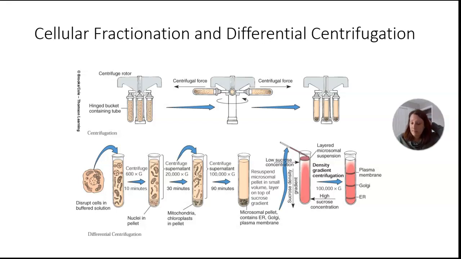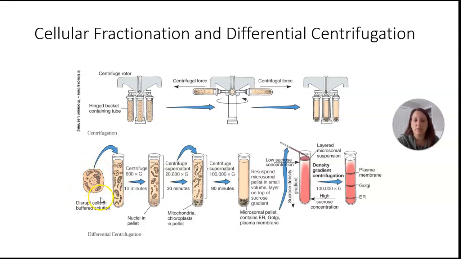We've developed a protocol that's pretty easy to do that. First, you do what's called cellular fractionation, which is where you just crack the cell open and dump its contents, and then you do something called differential centrifugation. This is where you actually separate out the parts and pieces. I'm going to go on the bottom, and I will also talk about the top. So we have cells, and we want to learn about the plasma membrane.